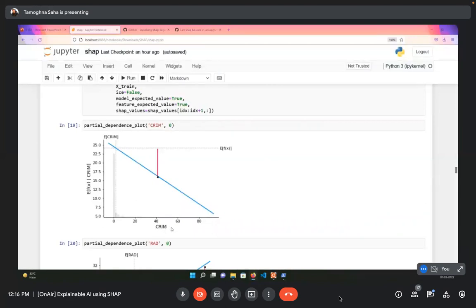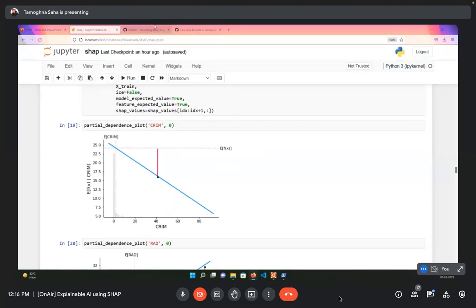Whatever Shapley values you calculate and the distribution of those records is what you get as a partial dependence plot. So for all the rows of the crime rate column, the Shapley values you get show roughly what the distribution of that record looks like.